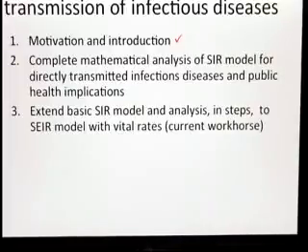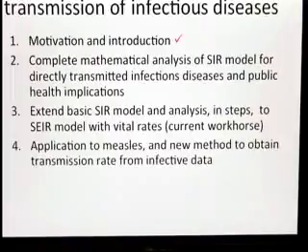Then today, I want to extend this basic model first by adding natural births and deaths, and then by letting the transmission rate be time dependent. So we all know that we get sick more in the winter than the summer, right? We get the flu, we get cold viruses more in the winter than in the summer. So we want to put that into the model. I think today I'll get to talk about measles,